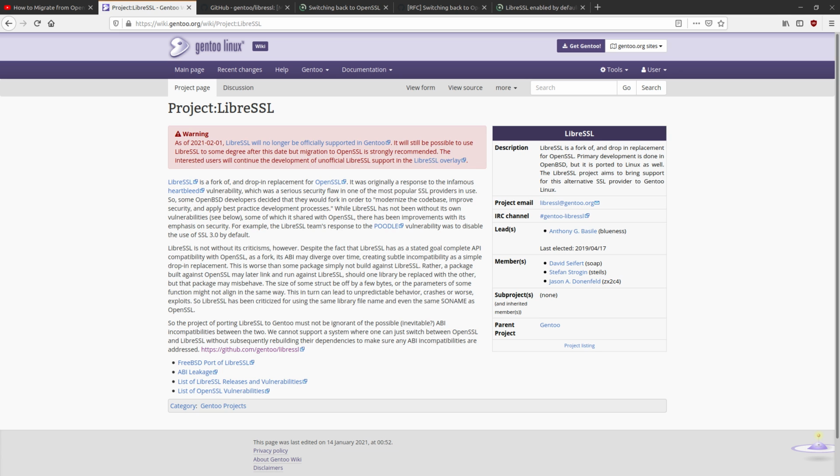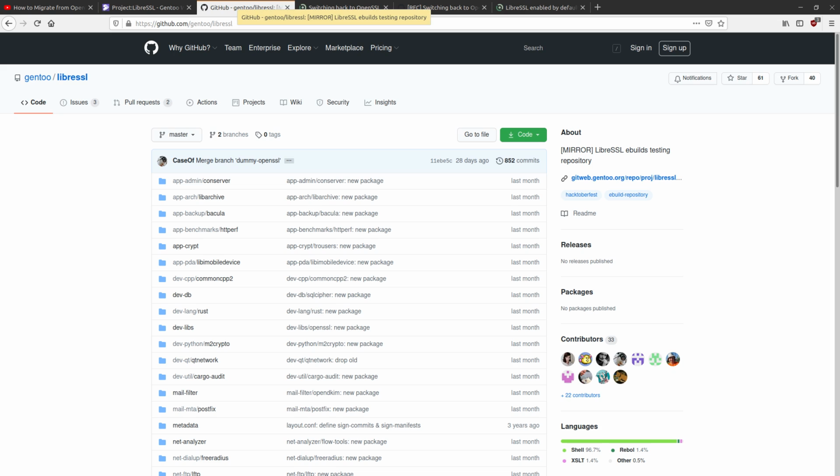You're going to have to rely on any patches that come through the LibreSSL overlay in order to get anything working, if you decide to do this in the future. And the maintainers of this overlay were already having a difficult enough time last year, around the time that I was making those videos, to try and support applications like Firefox. If you remember, you had to use an older version compared to the latest release of Firefox in order for it to work against LibreSSL, because Firefox would update so frequently that it wasn't able to be maintained